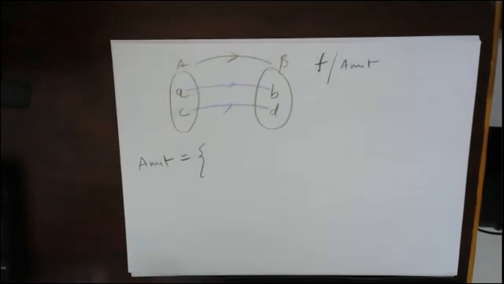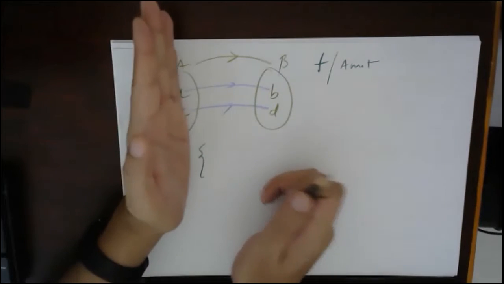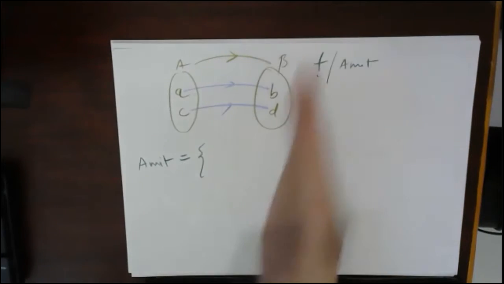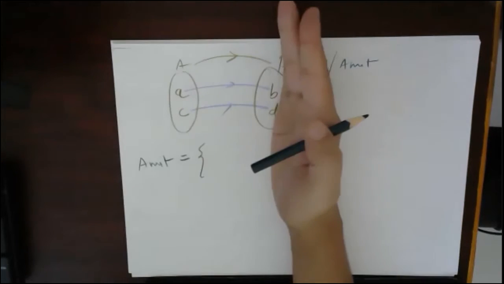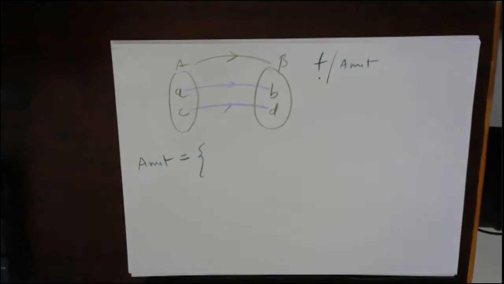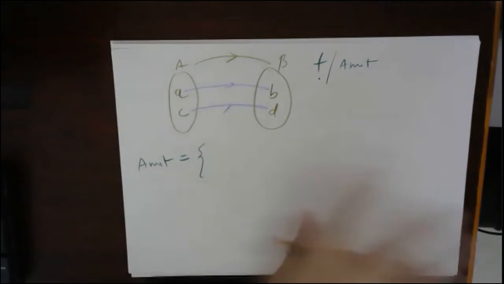An element cannot be related within its own group. So I'm saying that an element from set A should be linked with only an element from set B. Understood? This set should be related only to this set, not with itself. Understood? So that is why A to B, not A to A. So A cannot be related to C, never, unless and until it is this.